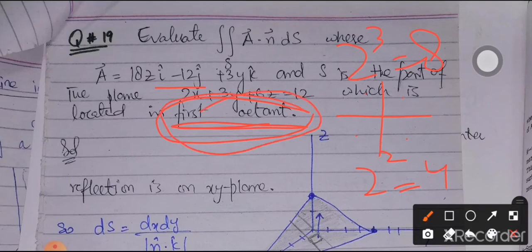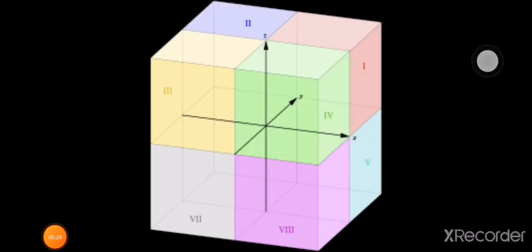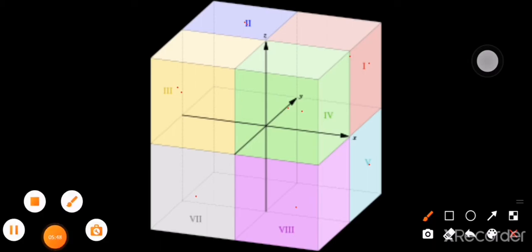And here we have a figure. Here you can clearly see that when we have a three-dimensional system, that is x, y and z, there are 8 octants: first, second, third, fourth. In the first one all are positive, and then we have different combinations in the other octants. So first, second, third, fourth, fifth, sixth, seventh and eighth. So we have 8 octants here.